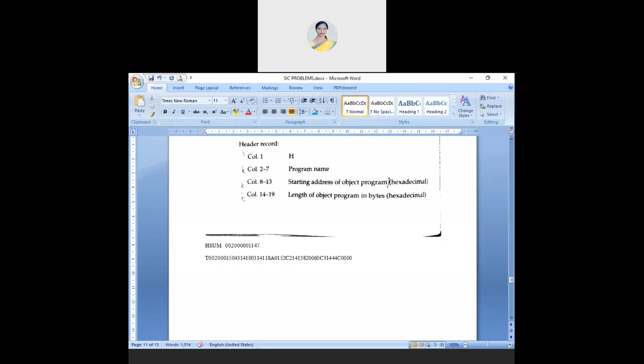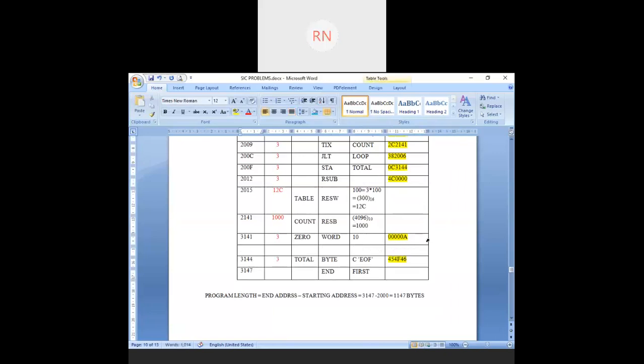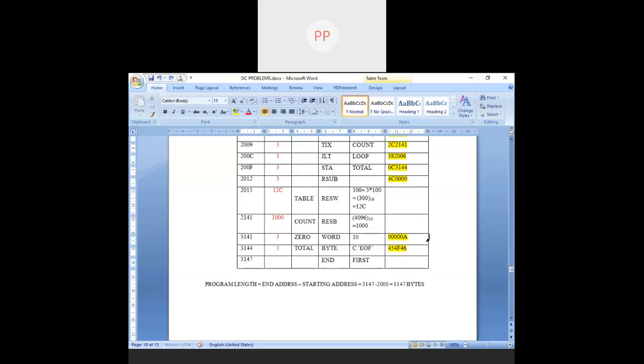Do you have one more text record? If you had once again a reserve word or reserve byte over here, you will have 3 text records. You have to make a note of those things. Since it is continuous, what is the number of bytes? You have 6. But how many bytes can I store? 30 bytes. So I can store these two in a single text record.